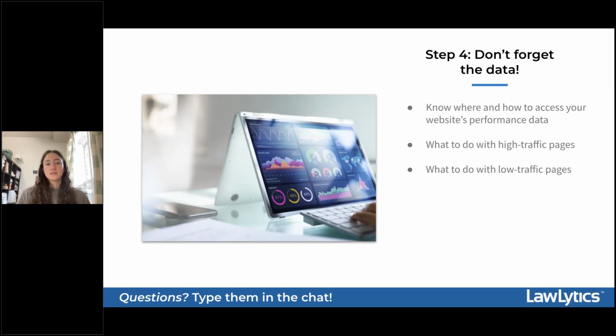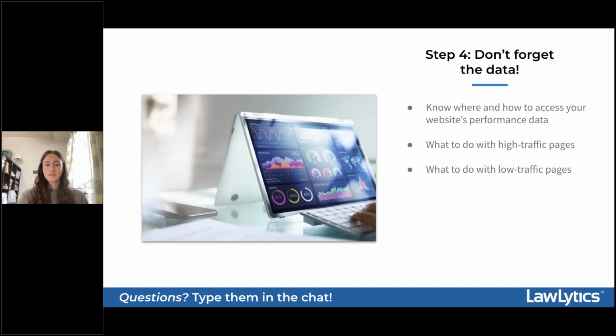So the same practice more or less applies to your low performing pages. For your low performing pages, you want to look at things like if maybe that page is low performing because it's hidden too deep in your website navigation, or maybe the content on the page is not engaging, or maybe it doesn't use localized language, or maybe it's formatted weird.